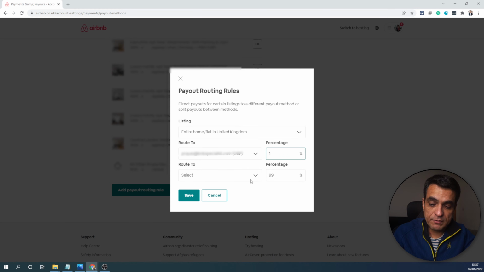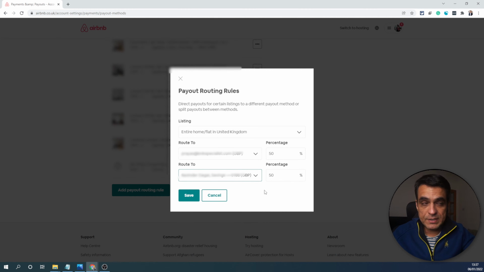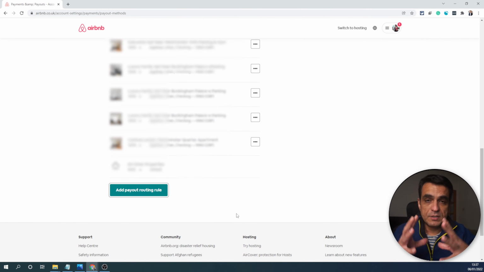Let's say if you want to send 50% into account A and the rest into account B, you can do so very easily from here. So this is how you can split the payment for one property. Or if you want to set different routing rules for properties, sending money into different bank accounts, you can simply